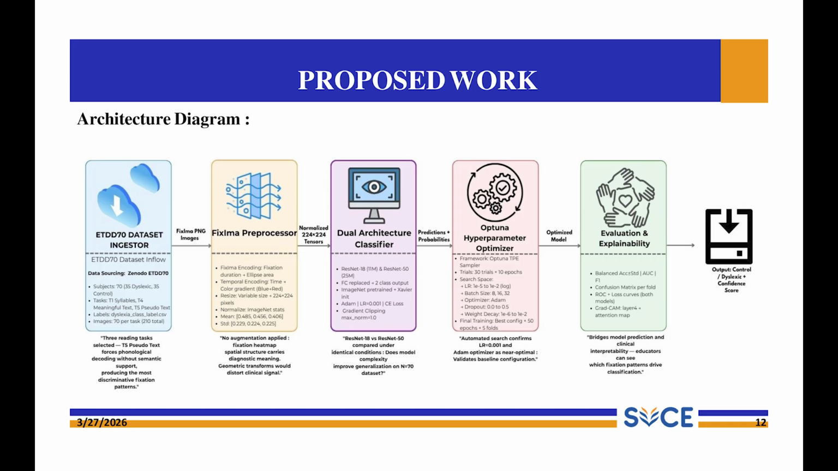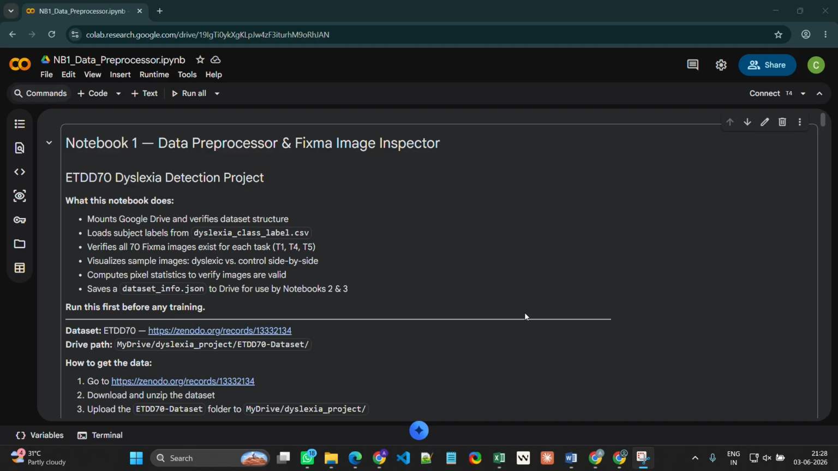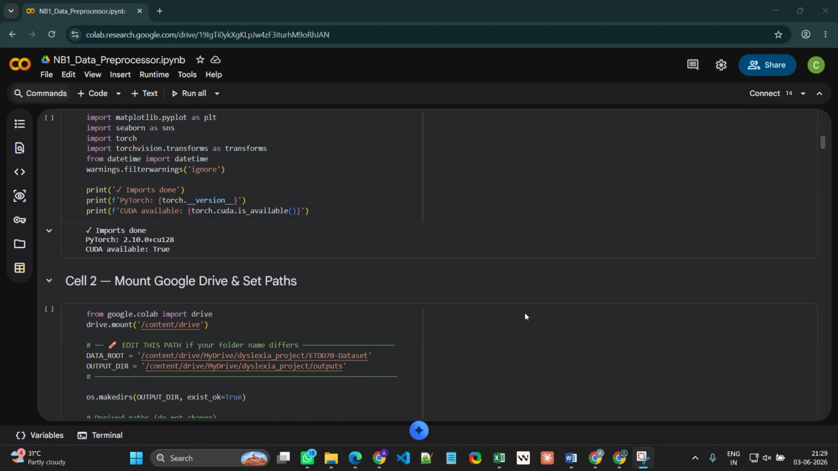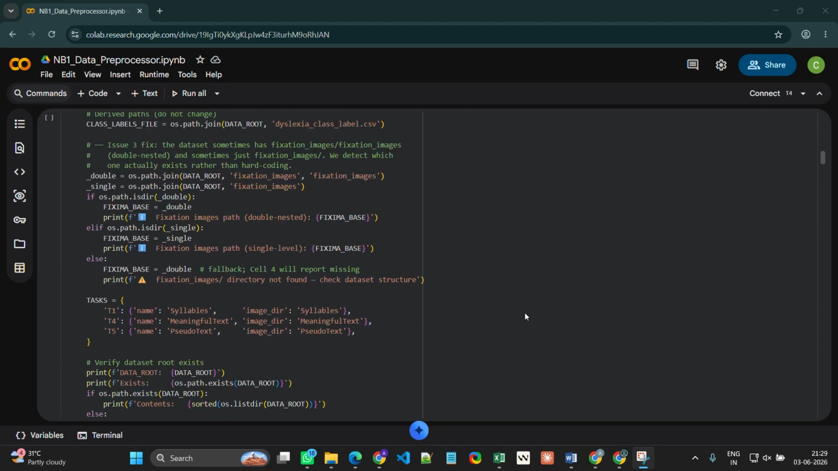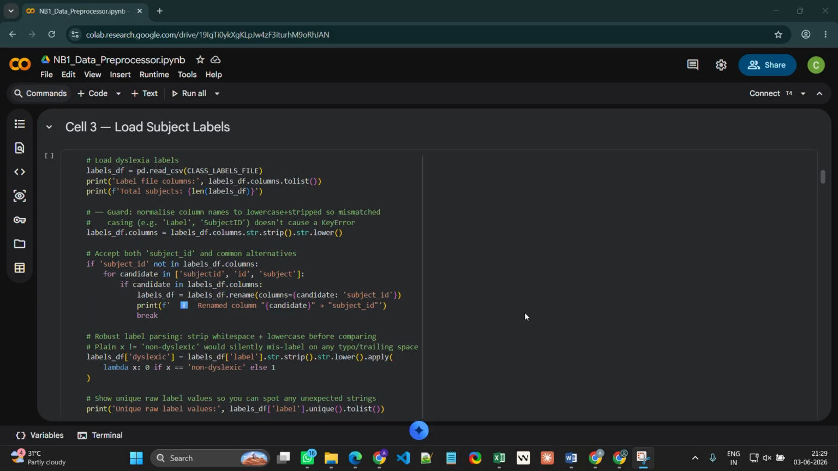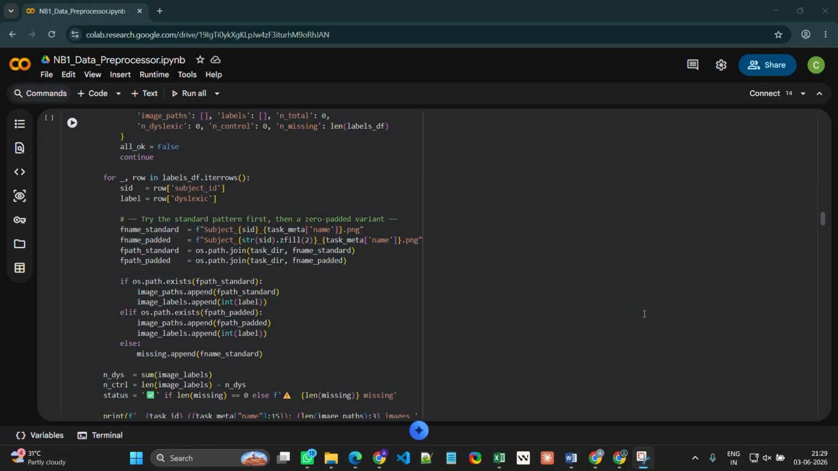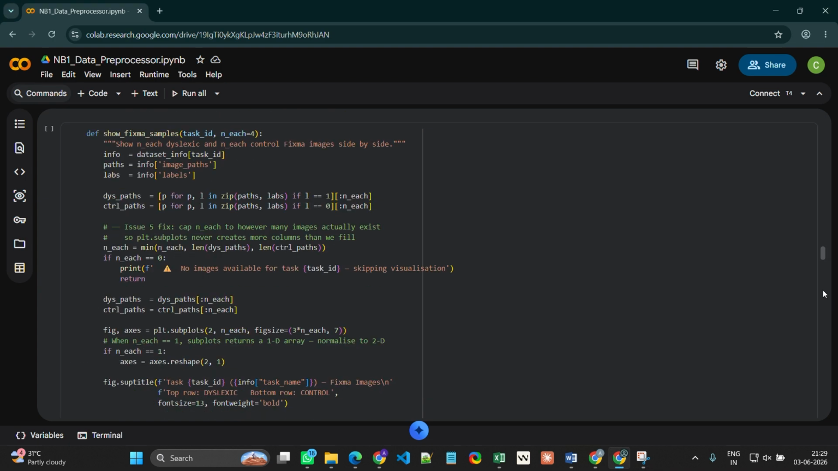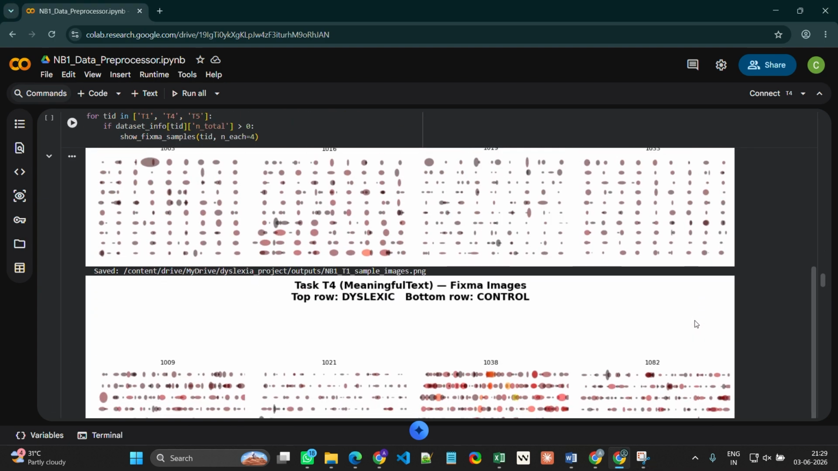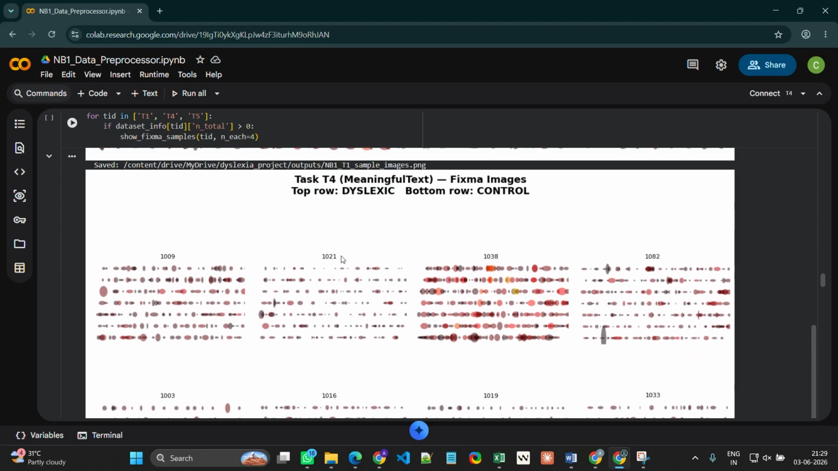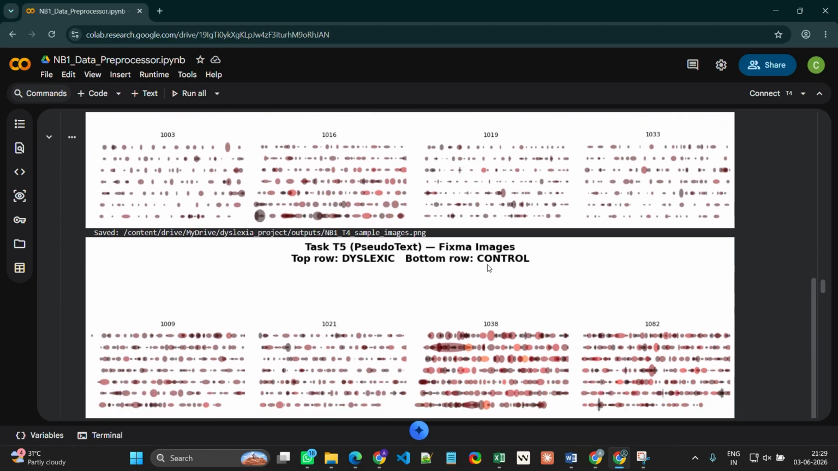Now let's step out of the slides and dive directly into the codebase. We begin with Notebook 1, our data ingester and preprocessor. This script connects to our cloud native storage, validates our directory paths, and cross-references our subject matrices with the definitive class labels file. As we scroll down to our visualization cells, you can see how the raw eye gaze data is structured into a fixed-mode token. Fixation duration is explicitly mapped to the area of an ellipse, while chronological time is captured using blue to red